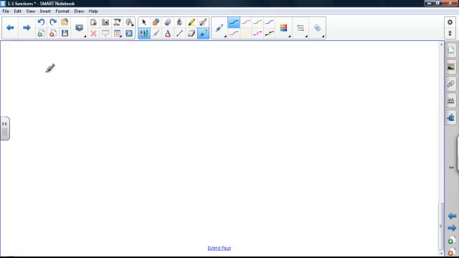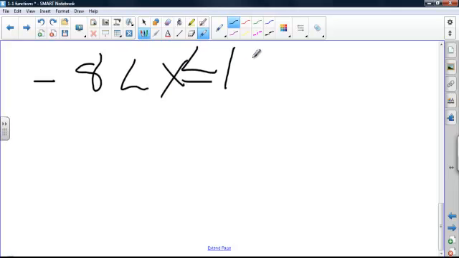For example, if I have -8 is less than x, which is less than or equal to 16, this is my inequality. I can write this in set builder notation, or I can write this in interval notation. So I'm going to do both, just to give you a little more description with the set builder. So starting with set builder,